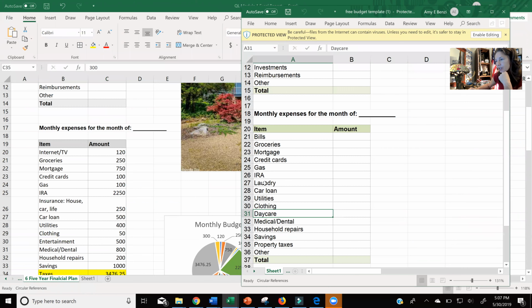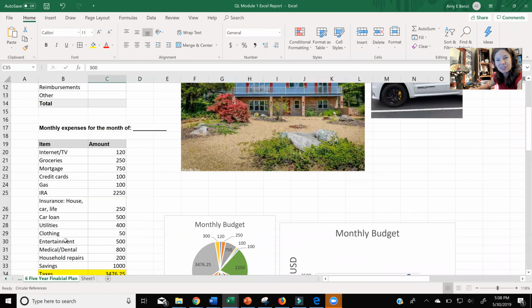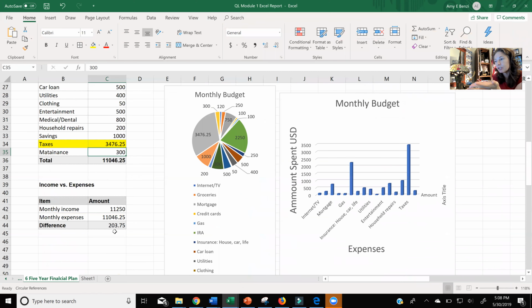Where it says laundry, I actually put that as insurance. I put that as house, car, and life insurance. And then daycare, thankfully, this time of my life, I don't need daycare anymore. But I changed that to entertainment, because when you don't need daycare anymore, you get more time and money for entertainment, right? So you can change some of those variables to what suits you better. And all of these things, I want you guys to create this and make it your own. You are never ever limited to just what I've done.